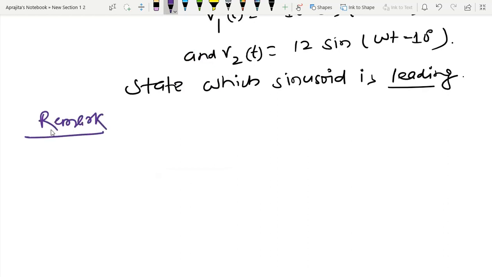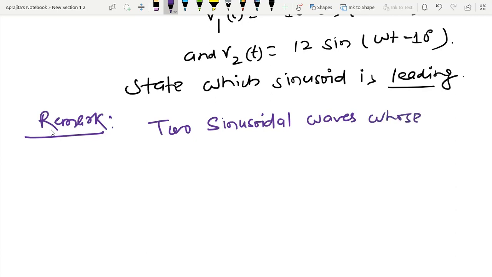A remark: two sinusoid waves whose phases are to be compared must